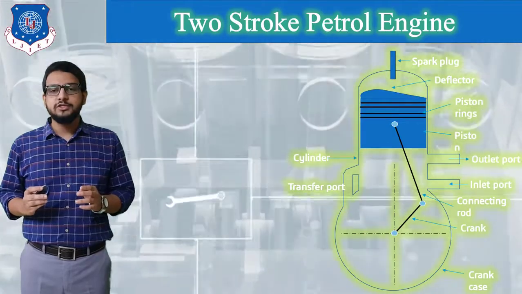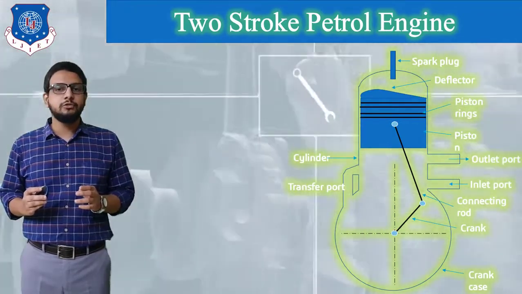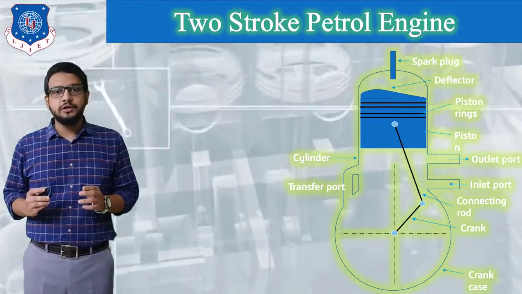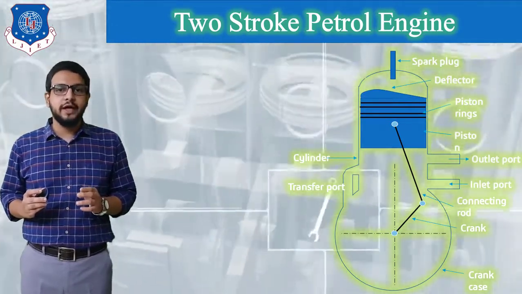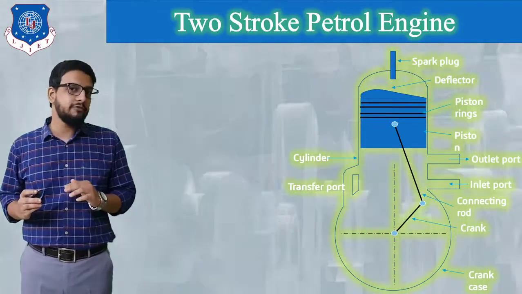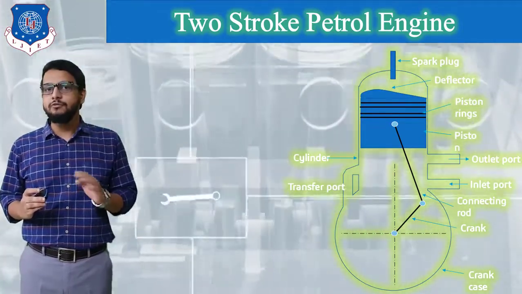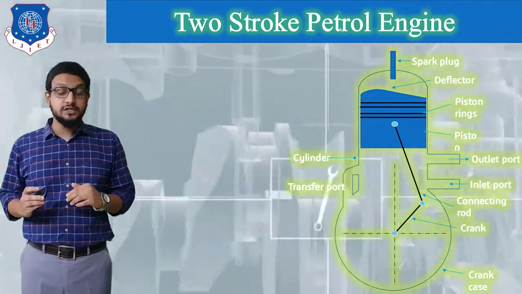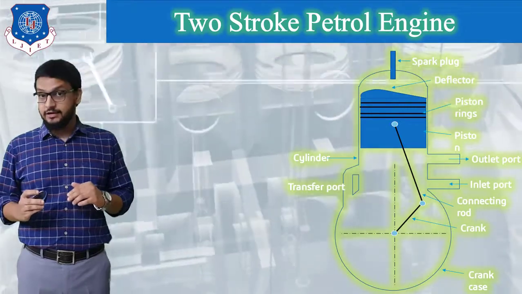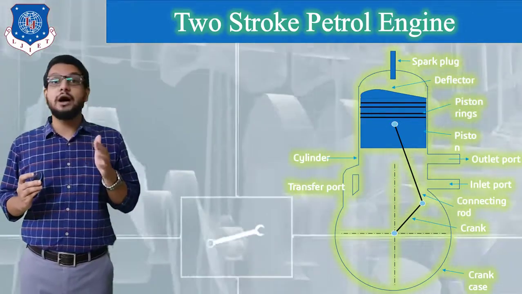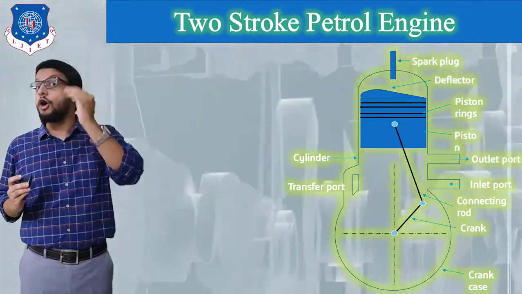Now, as you can see on your screen, the diagram for a 2-stroke petrol engine has been displayed. As the name itself suggests, in a 2-stroke engine the entire cycle will be completed in 2 strokes, whereas the 4-stroke engine took 4 piston strokes to complete one cycle. And all the processes, that is suction stroke, compression stroke, power, were performed on the top side of a piston,